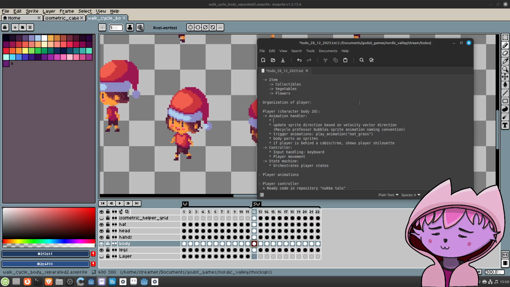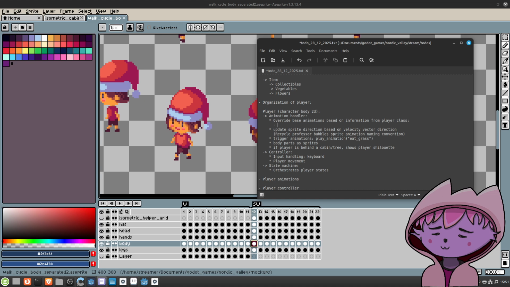The animation players should be able to override base animations based on information from the player class.